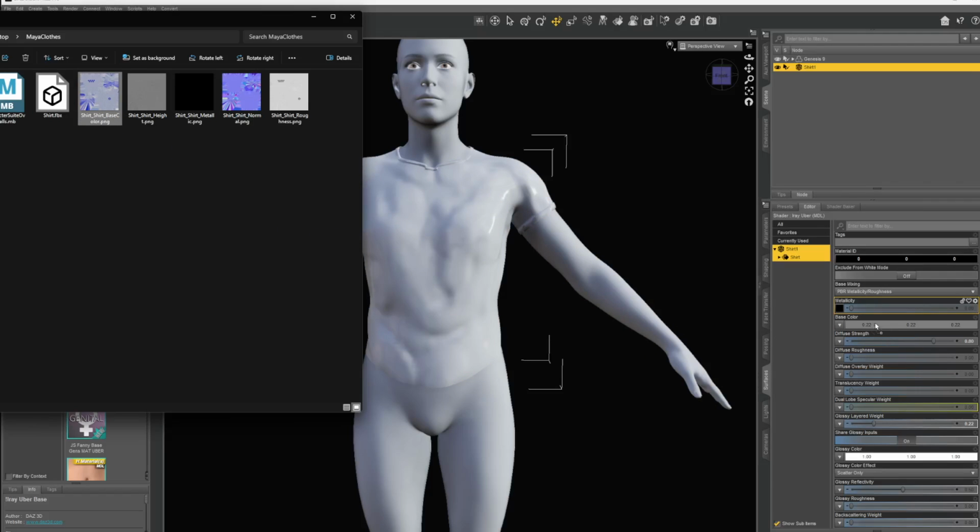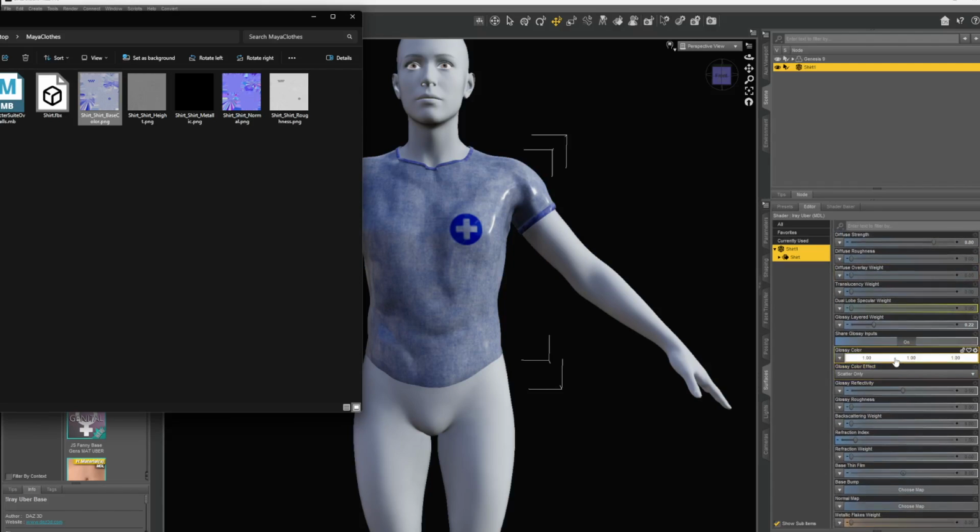I'm going to drag and drop it on the base color. Boom. What else have we got? I've got the height, I've got the normal, and I've got the roughness. So here's my roughness color, my glossy color. I can just chuck that in there, and we're good. Or you can chuck it into the glossy roughness. Here we go. Boom.